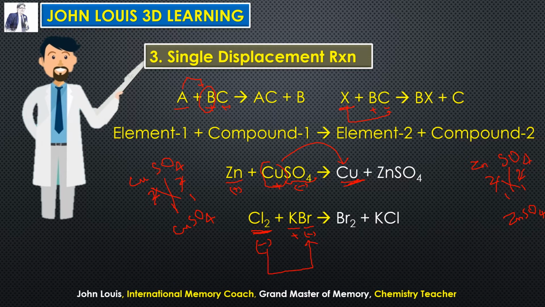So Br2. What I told you, there are 7 elements which are diatomic. When you write them separately, we have to write them with 2. What did we learn? I have no clever or bright friends: iodine, hydrogen, nitrogen, chlorine, oxygen, bromine and fluorine. So here bromine should be written as Br2, and chlorine also is written as Cl2. Hope you understood now. A negative element can displace the negative ion from the compound and takes its place.